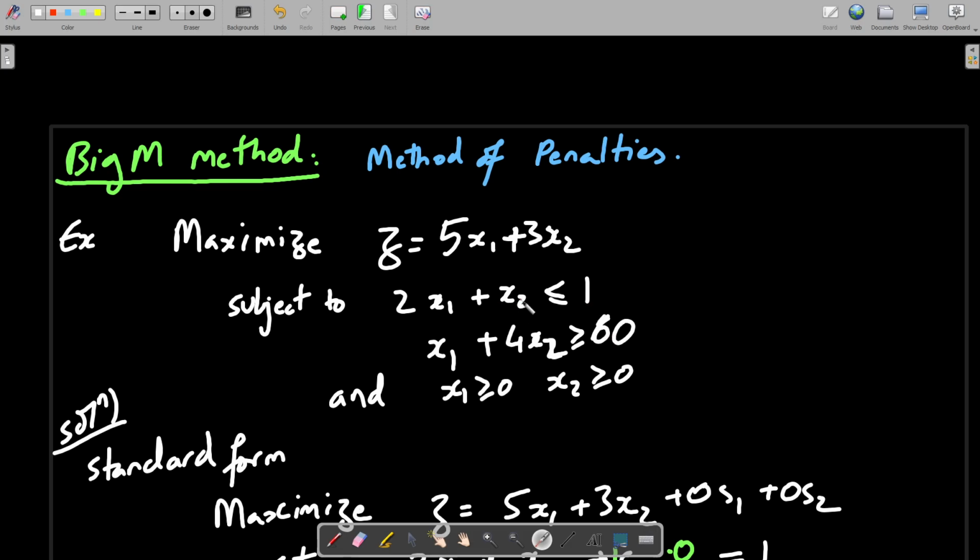See, if 2x1 plus x2 is less than 1, what can be the possible choices for x1, x2? x1 and x2 both have to be less than 1, right? Then only the sum will be equal to 1. So for example, you can take x1 as 1 by 3 and x2 as 1 by 3, so that will give you 2 by 3 plus 1 by 3, equal to 1. So x1 and x2 both have to be less than 1, they cannot be negative, so they have to lie between 0 and 1.